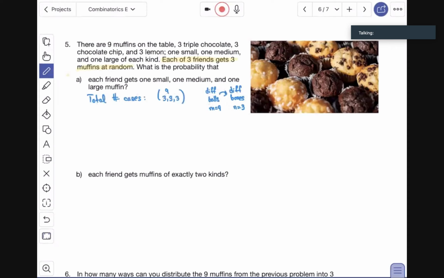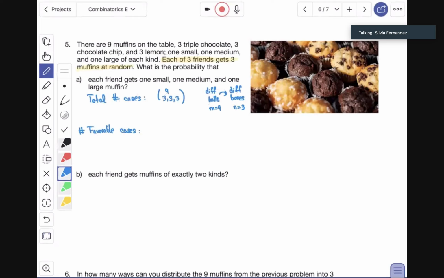Okay. And then for the favorable cases in part A, we need each friend to get 1 small, 1 medium, and 1 large muffin. So one way that you can explain this is,